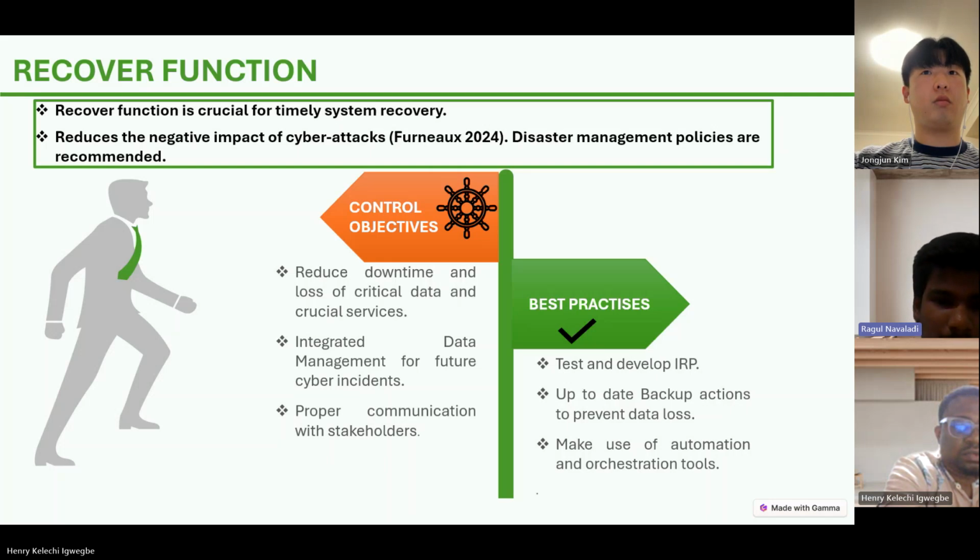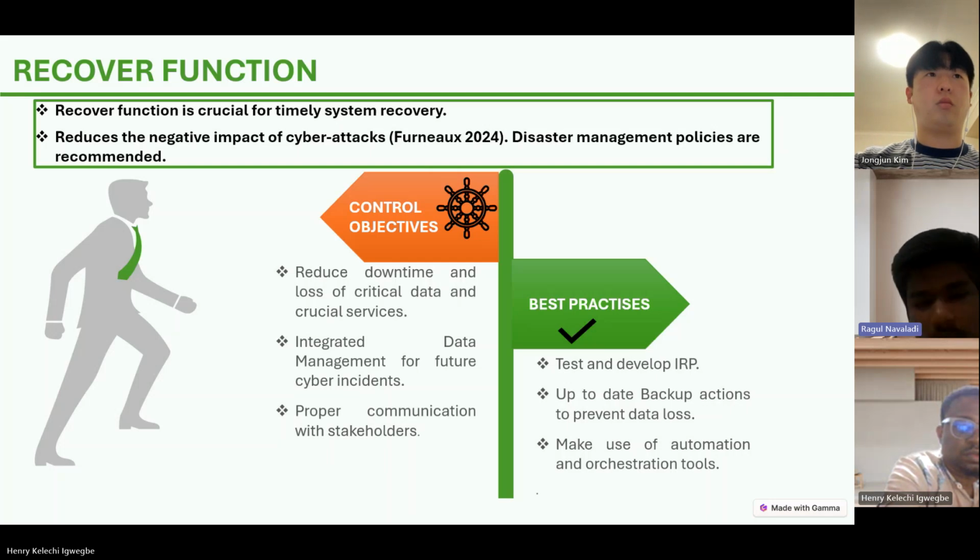And here we're going to follow the disaster management policies. This will help us give a clear idea about how to recover from the incident. Coming to the control objectives, whenever an incident happens, we get downtime, like server downtime. We have to reduce that downtime to compromise with the customers, because otherwise the customers will get angry, or the whole company will get into trouble. So this is the thing in control objectives.